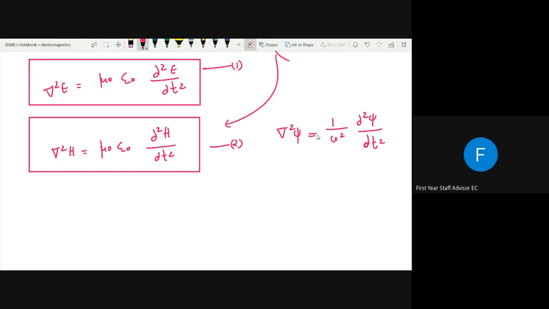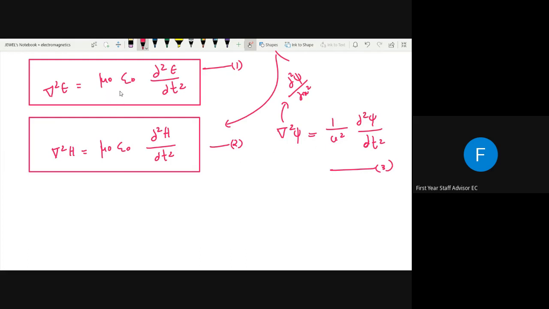So in the general wave equation, here we have del square psi. This shows the spatial variation, and del square is the Laplacian operator. In one dimension, if we are considering propagation or variation along the x direction, then del square can be written as dou square by dou x square, or dou square psi by dou x square. Here we have a three dimensional wave. So del square psi equal to 1 by v square dou square psi by dou t square. Comparing this wave equation 3 with equations 1 and 2,